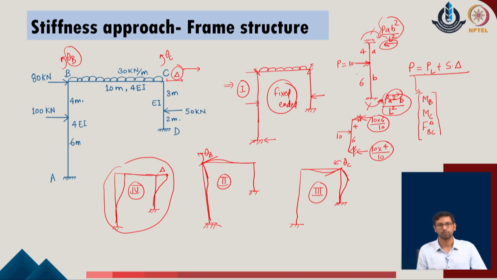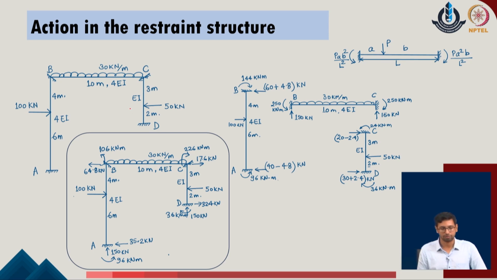Now, as we move ahead, we come up with the first case. We identify the given system, we fix all the restraints of the given system, and once we do it, we identify the fixed ended reactions in the given problem. We identify that these are the fixed ended reactions for the given member AB.